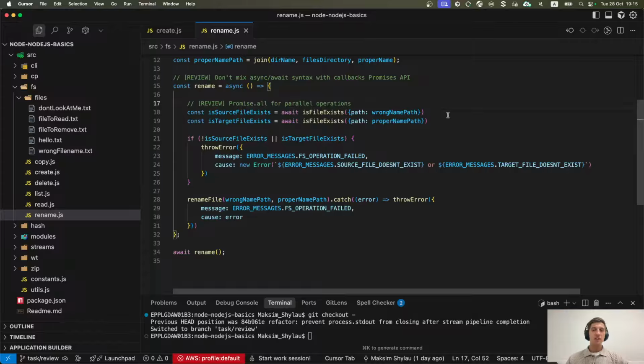So yeah, in general it's recommended to do such operations in a way that has only one API call.